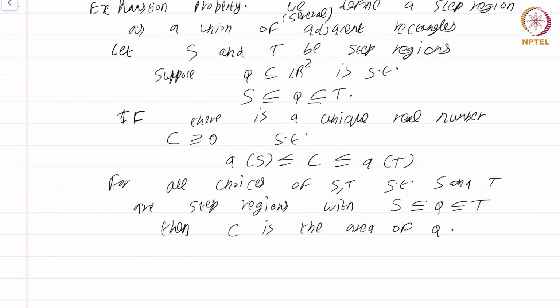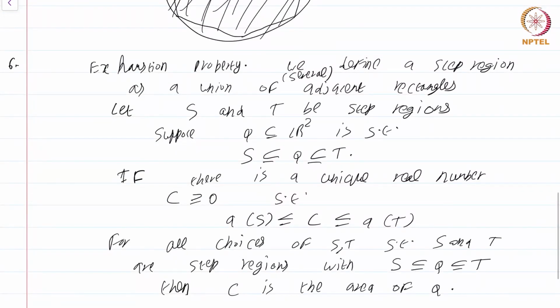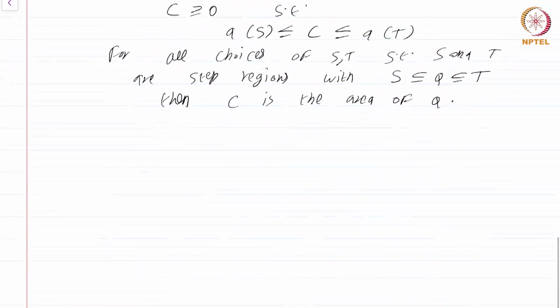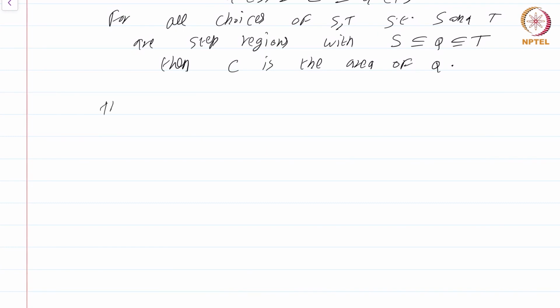Okay, so now I have written 6 properties that we would like areas to have. I have already told you that it is impossible to find a function A from the power set of R2 to R. You cannot find a function that satisfies all these 6 axioms. That's for deep set theoretic reasons, which you will definitely visit in a course on measure theory. On the other hand, that A exists